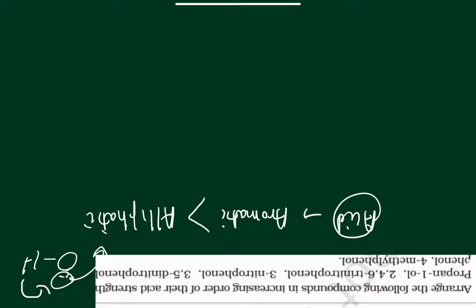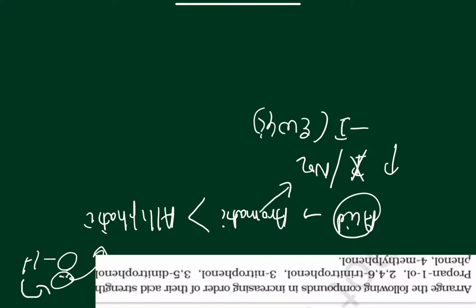In aromatic compounds, remember, if I have substituents like nitro, if I have substituents like halogens, we can write halogens by X, they will increase the acidity. Why? Because they are electron withdrawing. Okay, they have a minus I effect, they are electron withdrawing, so they are called EWGs. You should learn which groups are electron withdrawing, which are not electron withdrawing, which are electron donating. So these will increase the acidity.